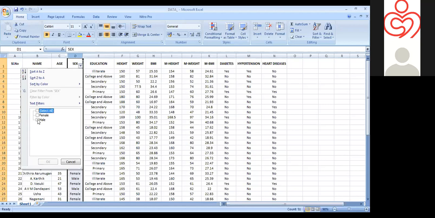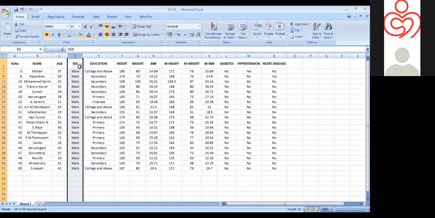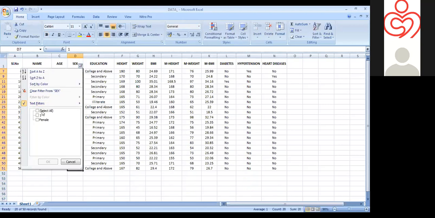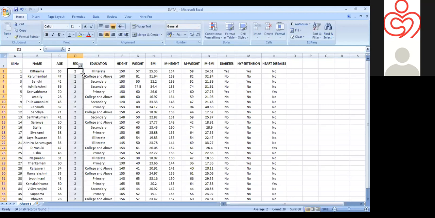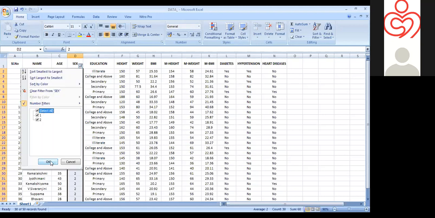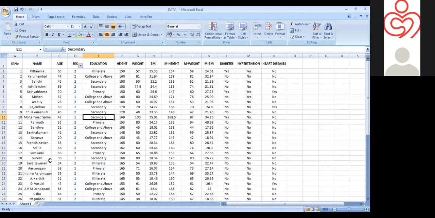Suppose we want to convert male as 1, we can select male and put 1 and double click there. Then all the males will come as 1. And if we select female and want to code it as 2, then all will come as 2. Like this, we can filter the data.